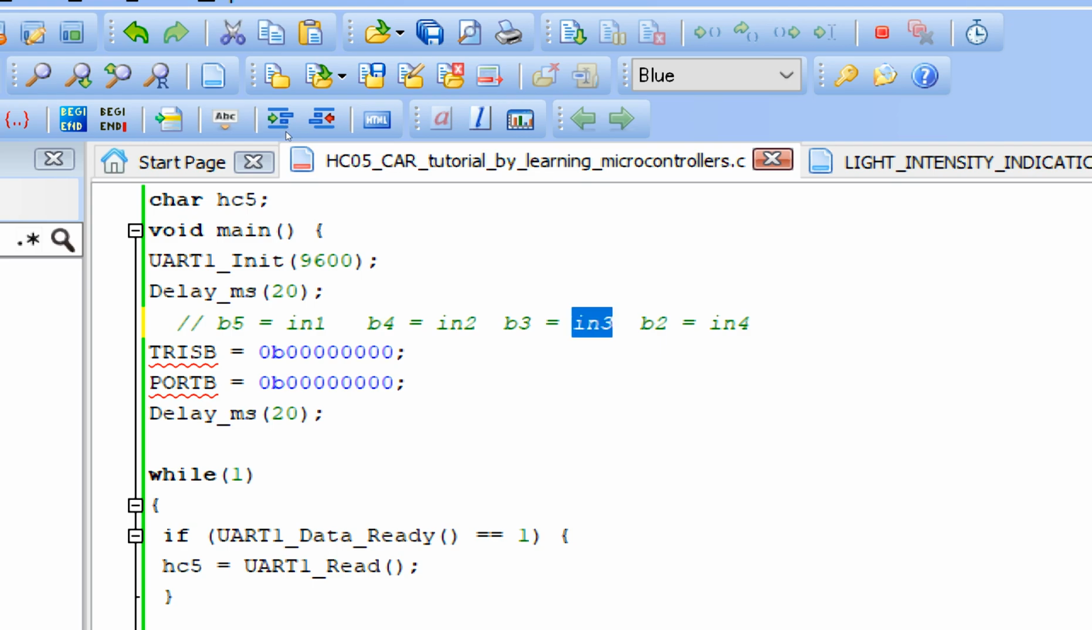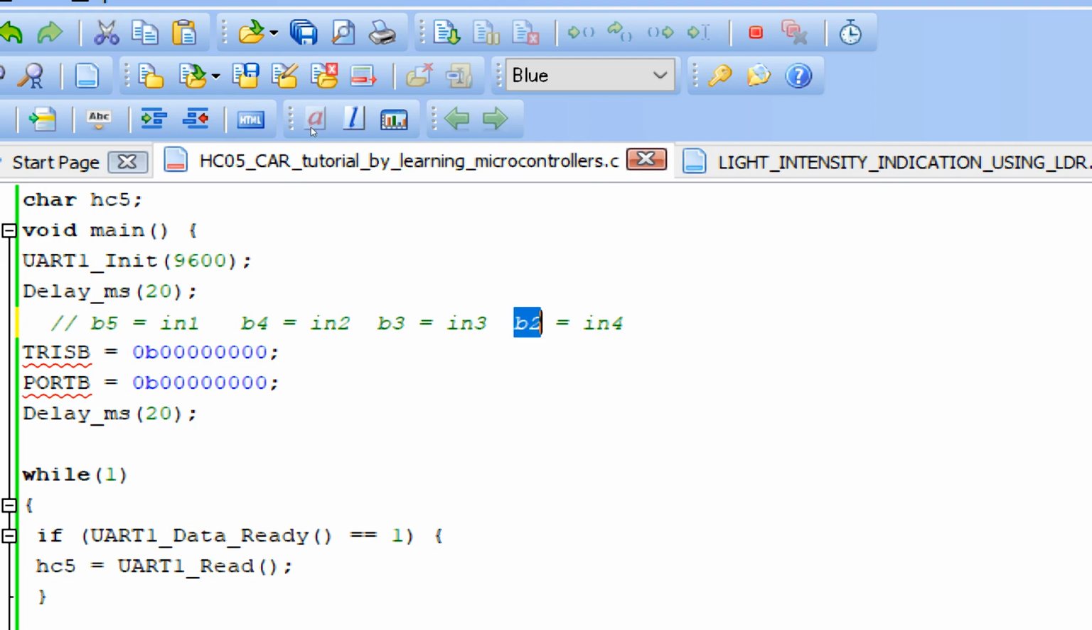If you had followed my wiring, then well and good. If you have done opposite wiring, then that's not an issue. You can simply cater for it in the programming. You simply go B5 and B2. This will be the forward direction. But in my case, it will be B5 and B3 because I have done the coding in such a way,